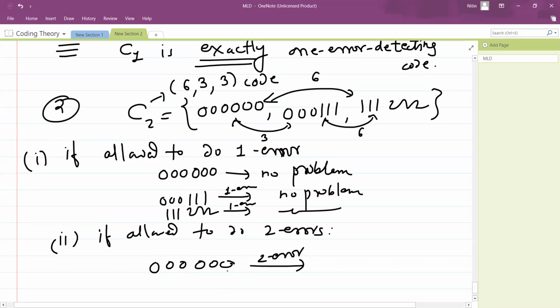Because if I do the last two bit changes, what will I get? 000 011. Then I will go a little bit toward this second code word. So we should be mature enough or clever enough to do the bit changes. But still, if I do it, this is not a part of C2, but still it will be nearer to C2. Okay, so the next